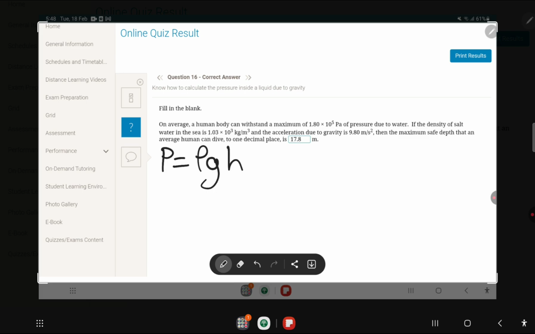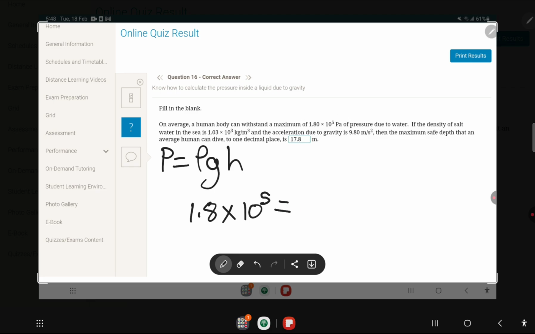Here they said the maximum pressure that a human body can withstand is 1.8 times 10 to the power of 5. So P is equal to 1.8 times 10 to the power of 5 equals,